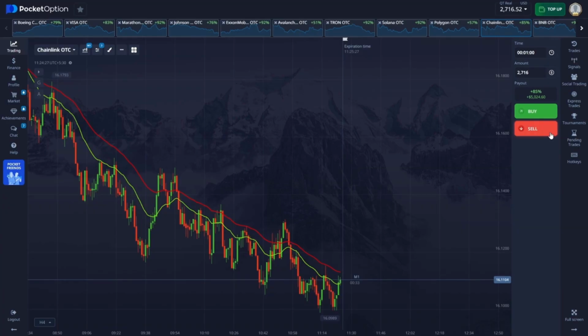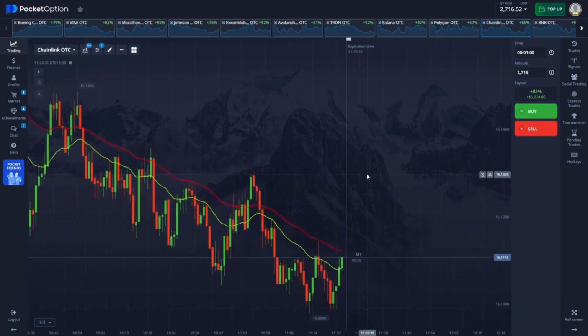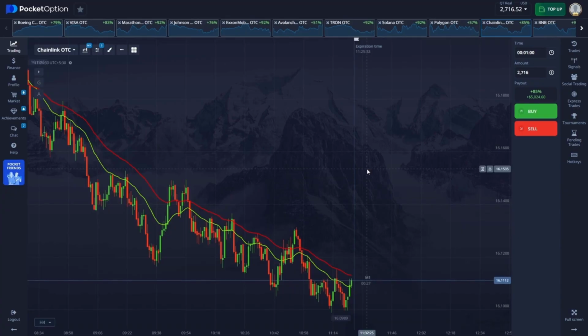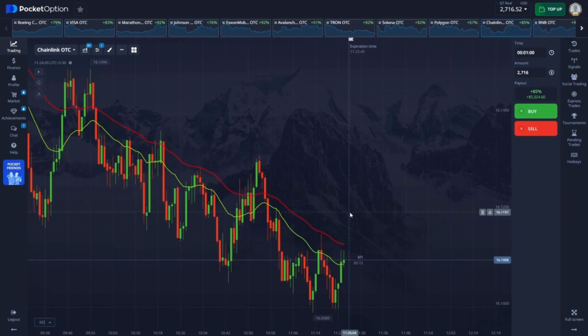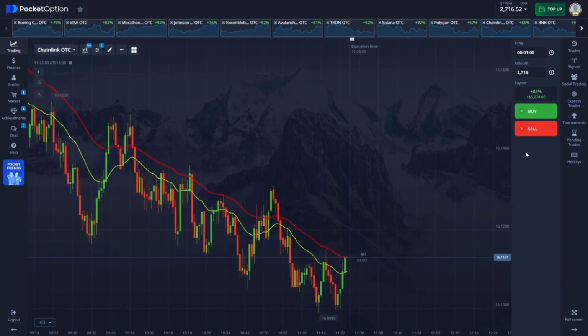On Chainlink OTC again, we have a trade for the downside move. If the current candle closes at the RSI level 50, then we can proceed for the downside move. So let's wait for the candle to close. Okay, the candle has closed at the RSI level 50, so I place my trade for the downside move worth